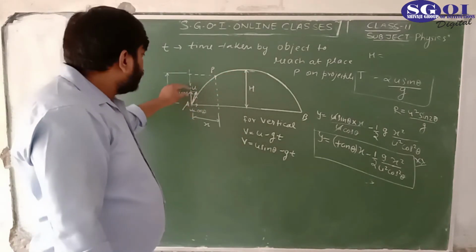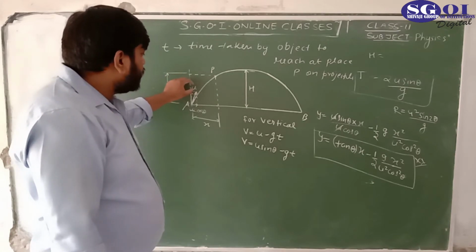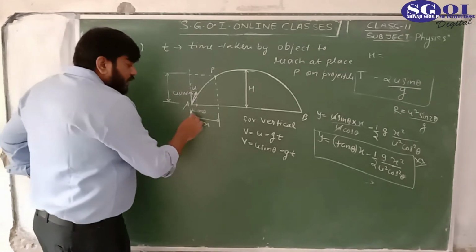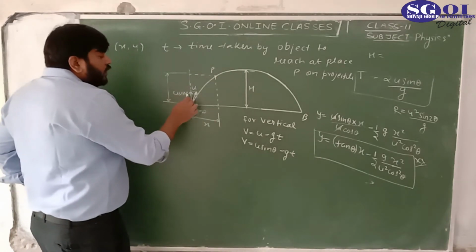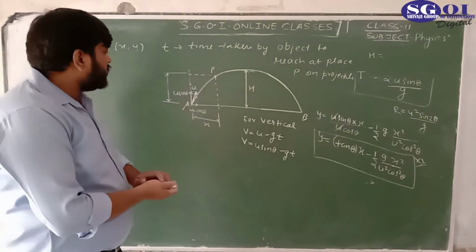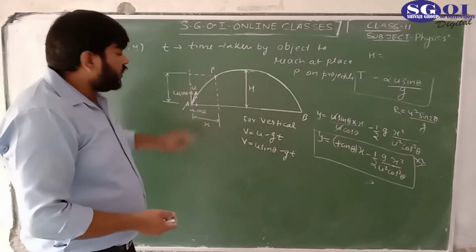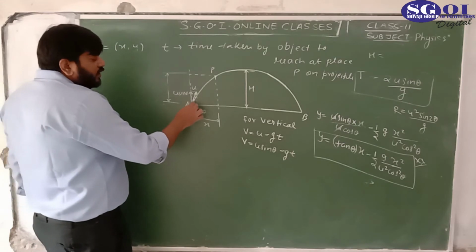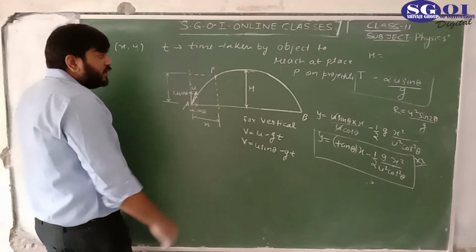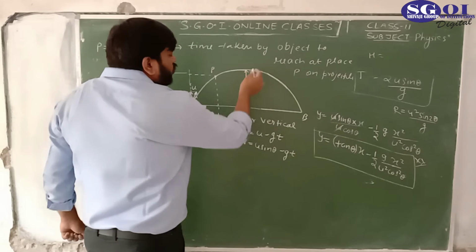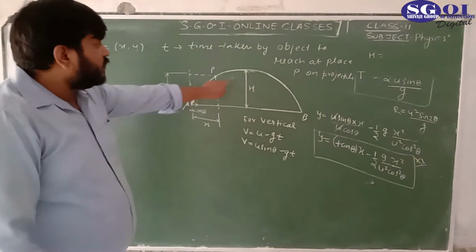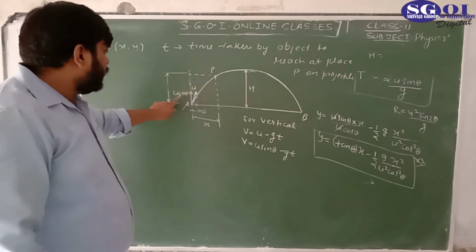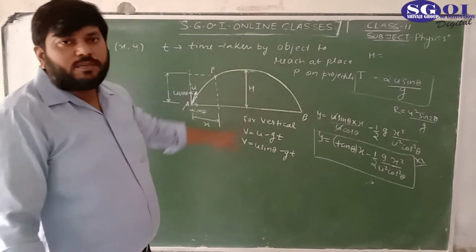The value of velocity, which is initially u, is also changing, because although u is constant, the component u sin theta is not constant, it is decreasing. And we can also see that the angle theta, which is initially this, is also changing. At this point there is no vertical component, because at the maximum height the vertical velocity is 0.